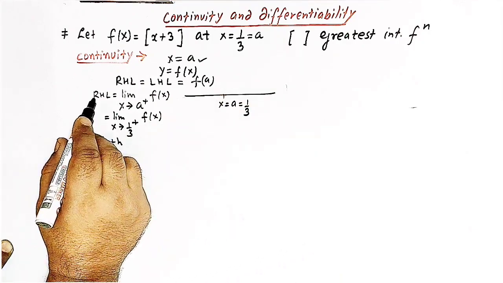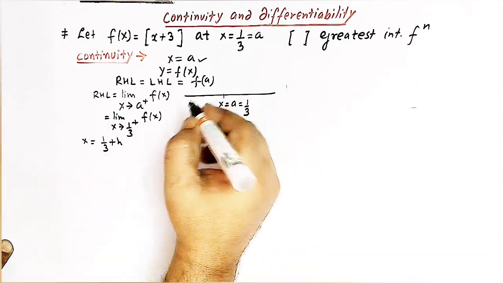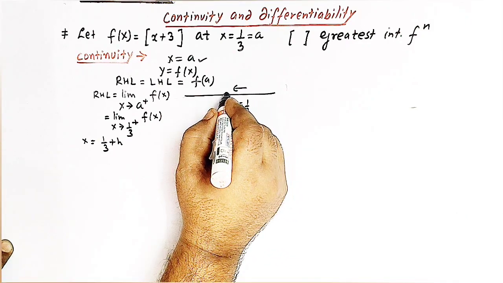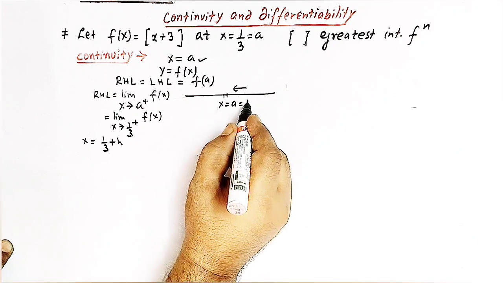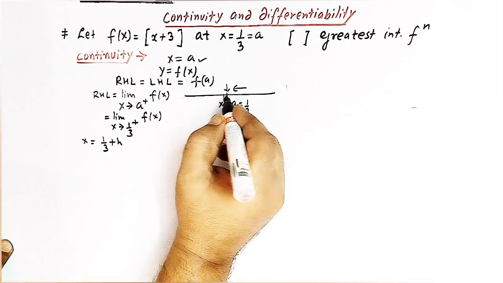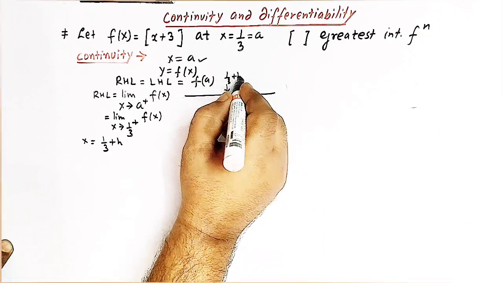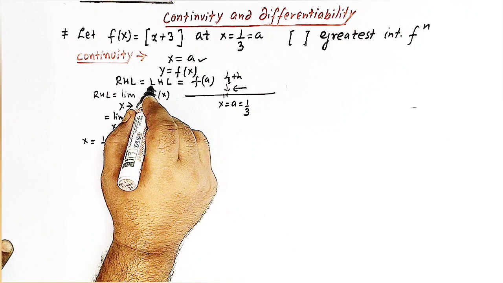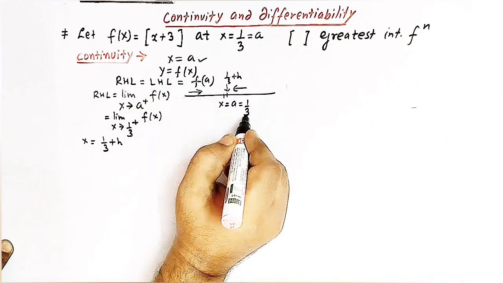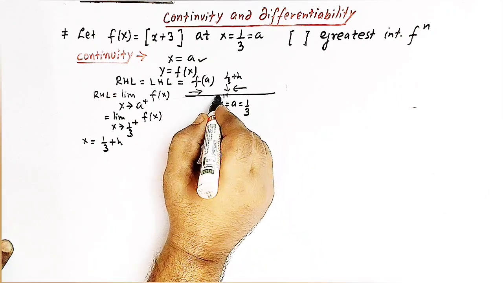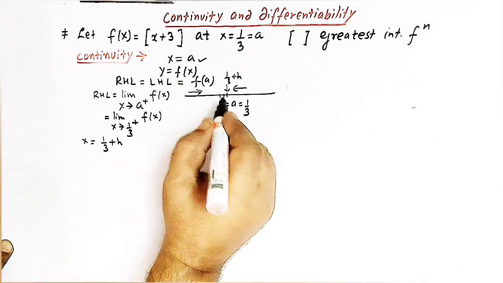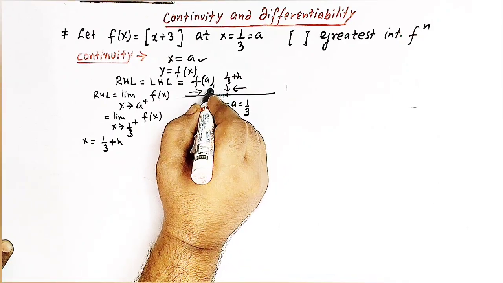So when we calculate the right hand limit, we approach from the right of x is equal to 1 over 3, and we are in the neighborhood of x is equal to 1 over 3, that is the right neighborhood, and this point is 1 over 3 plus h. And when we calculate the left hand limit, then we approach from the left of x is equal to 1 over 3, and we reach at a point in the left neighborhood, that is x is equal to 1 over